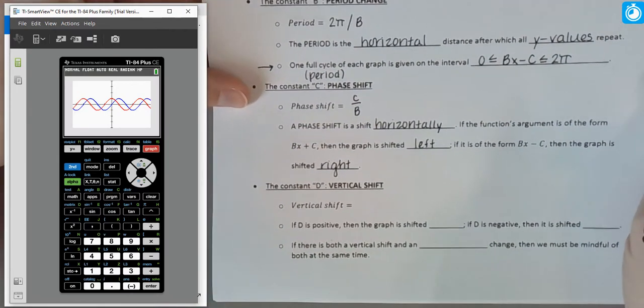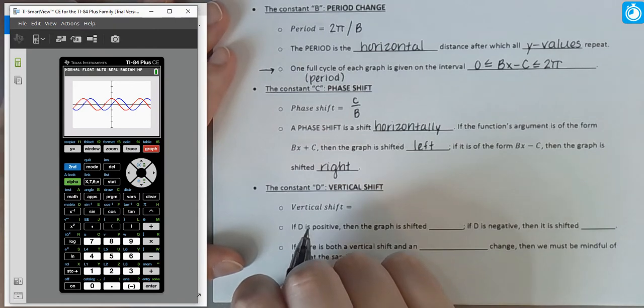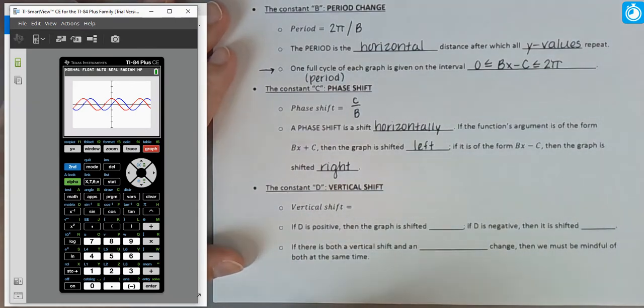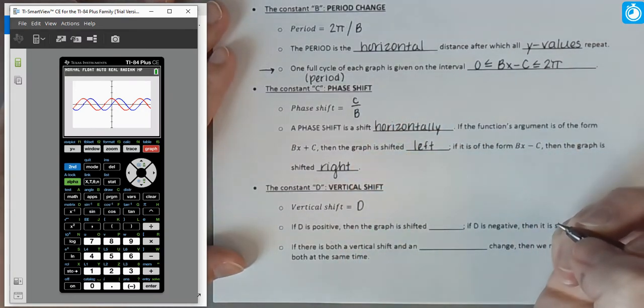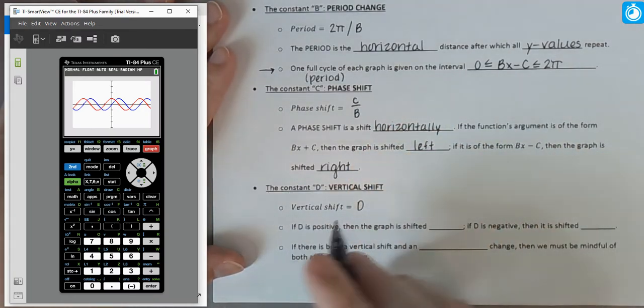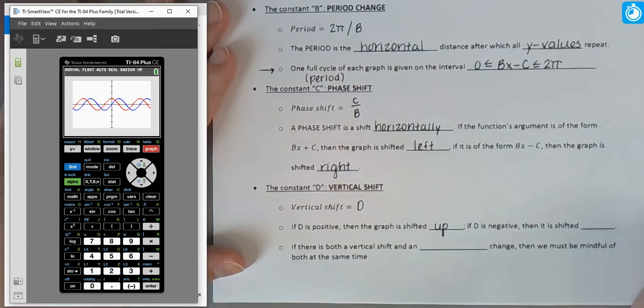And then the last constant we can have is one added on to the function as a whole, and that represents a vertical shift. So the amount of our vertical shift is just going to be our value for d. So if d is positive, we're adding on a number, then the graph is shifted up. And if d is negative, then the graph is shifted down, just like with our standard parent functions